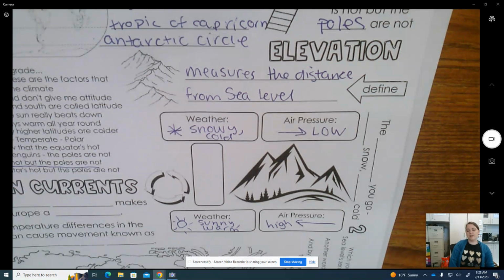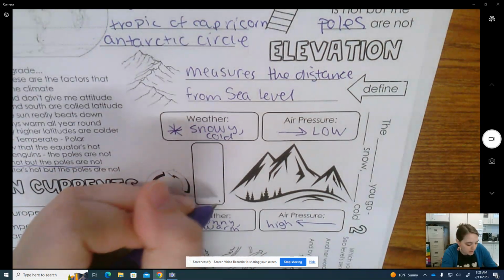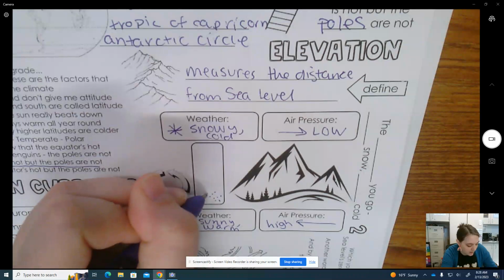So we're looking at the air pressure. Air pressure is how much stuff is pressing down against each other, which means that high pressure is high density, all that stuff is packed in. Low pressure is like low density. There's not a lot of stuff that's really close together. So if we draw those like particles, we're gonna have really